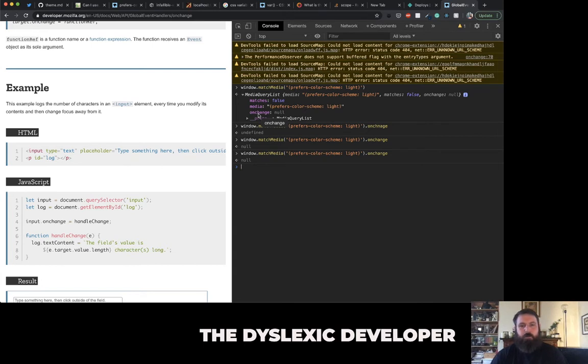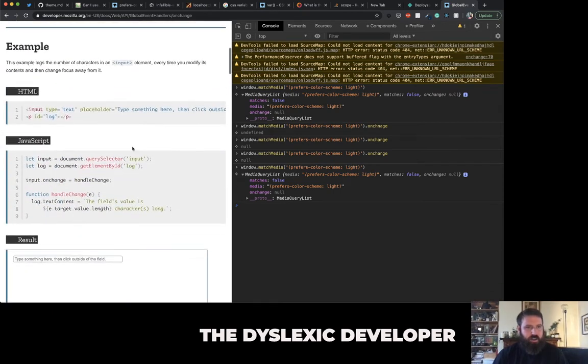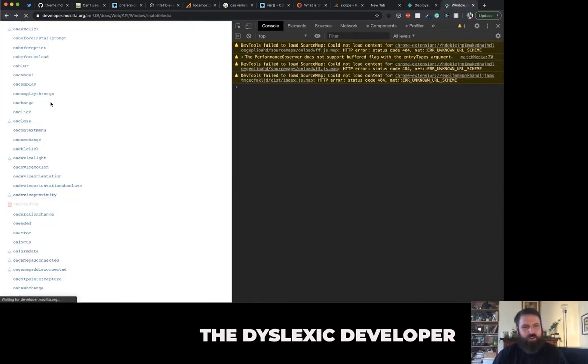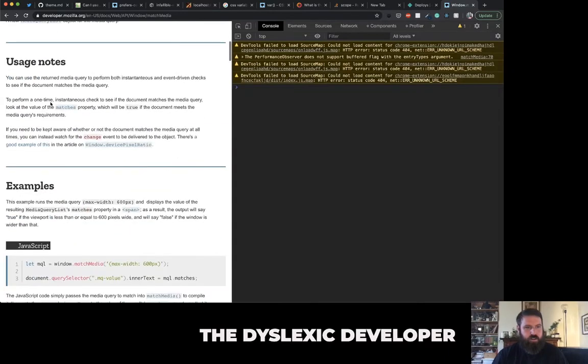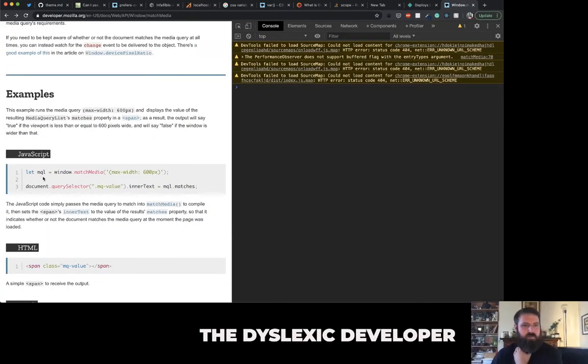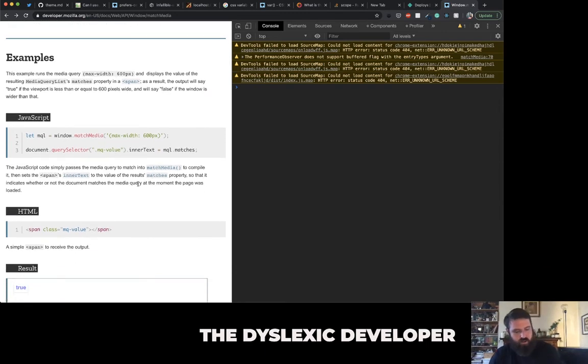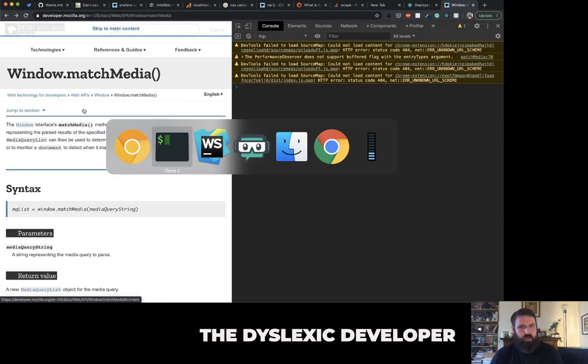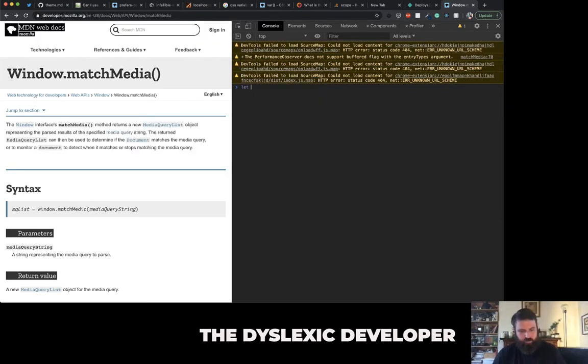Right, so it's annoying that this is on change with a lowercase c. Everything should be camel case, whatever. But this seems to return a variable for us, and that variable has an on change function. In their example, they assign it to a variable first. So they say media query, and then that matches. Okay, so I wonder, can we say let test equals